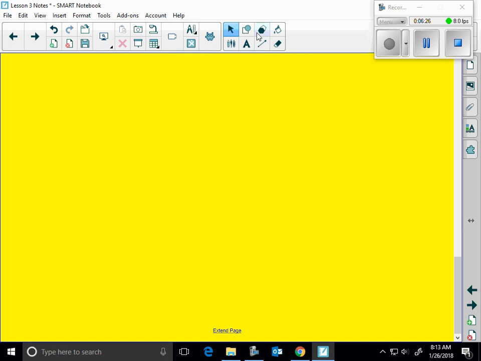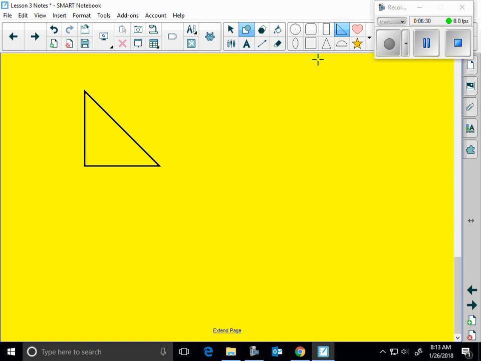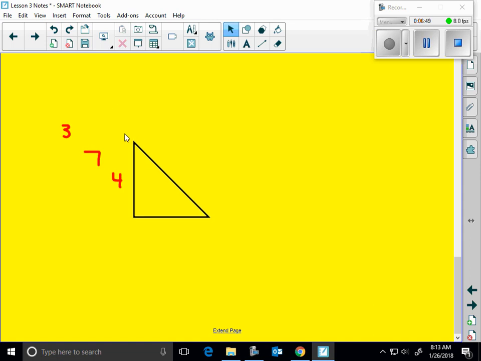The one I like to use the most is the right triangle. Not necessarily isosceles, but I'll go with it. Let's assume this angle right here is... I'll just draw it. A right triangle. Okay. And let's go a 3 and a 4. Do I need to know this side length? No. As long as,